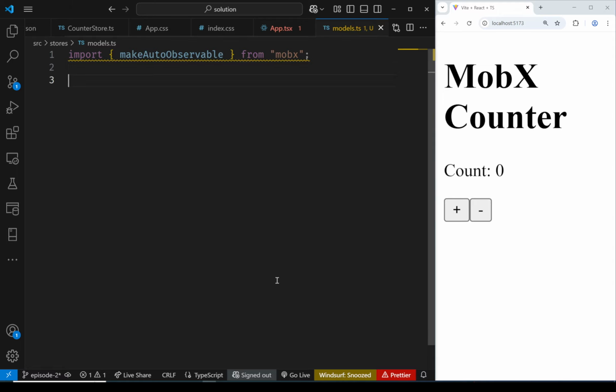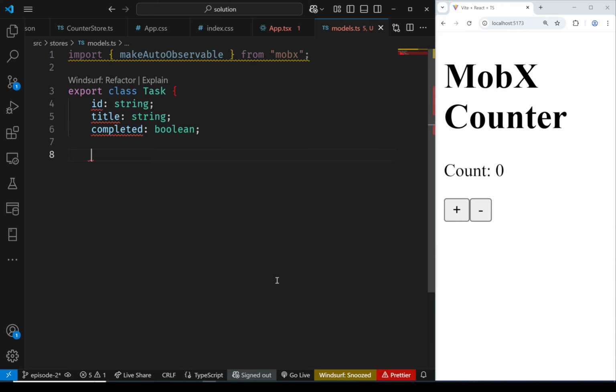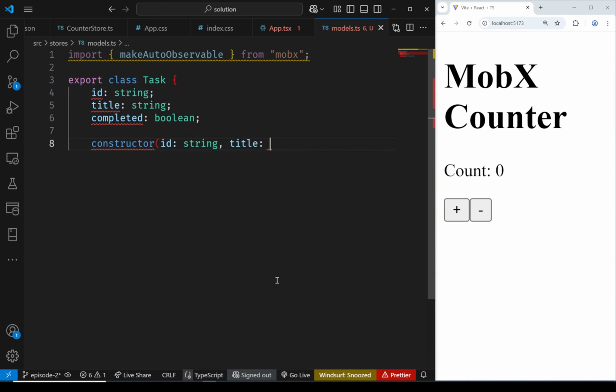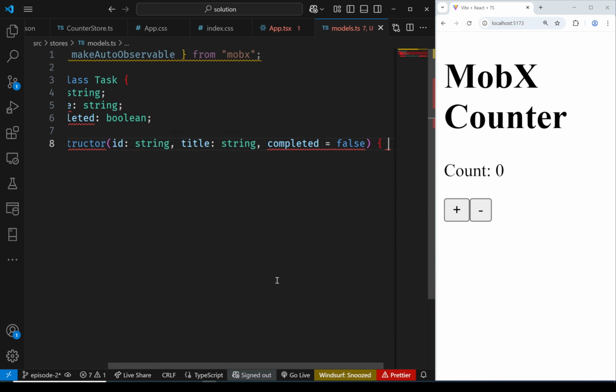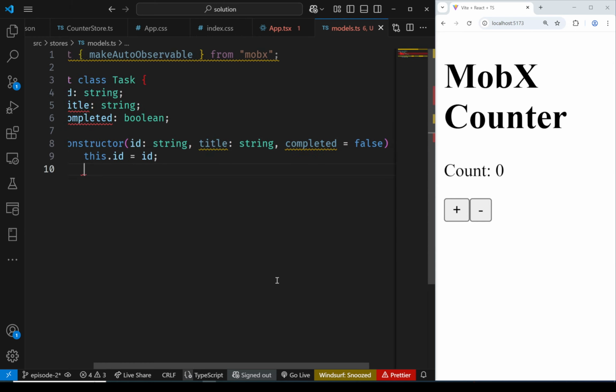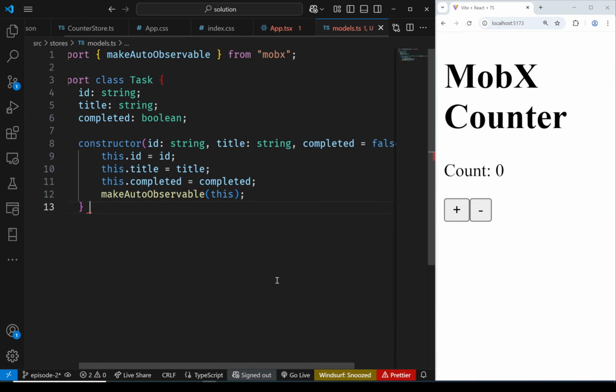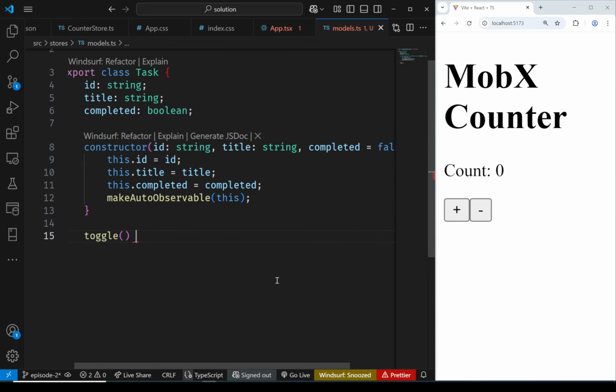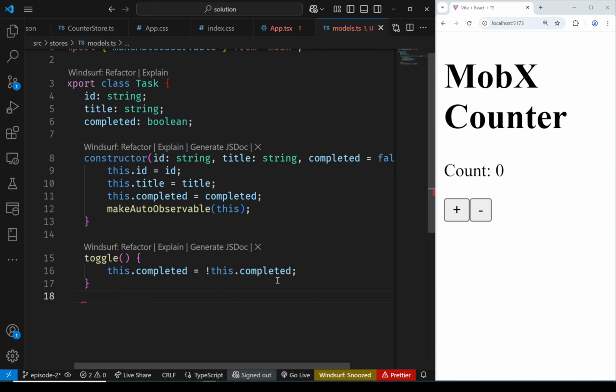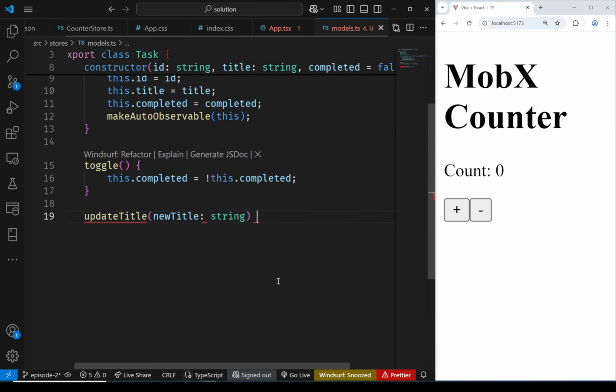I'm going to import makeAutoObservable from MobX and create the first model class, Task. It has these fields: ID, title, and completed. And then I'm going to create the constructor, taking the values for ID, title, and completed. And then I am going to call makeAutoObservable on this, which will turn every field into observables and every method into actions. Then the actions: toggle,